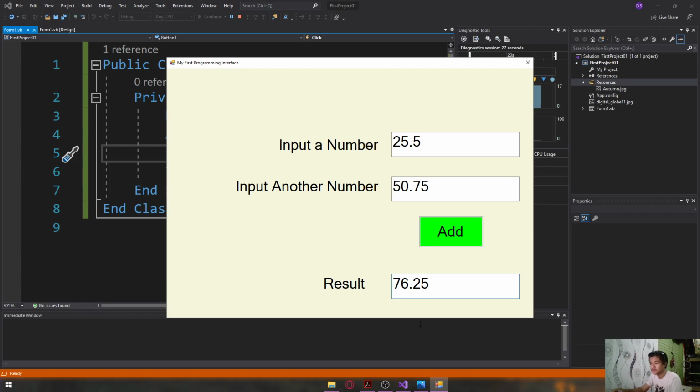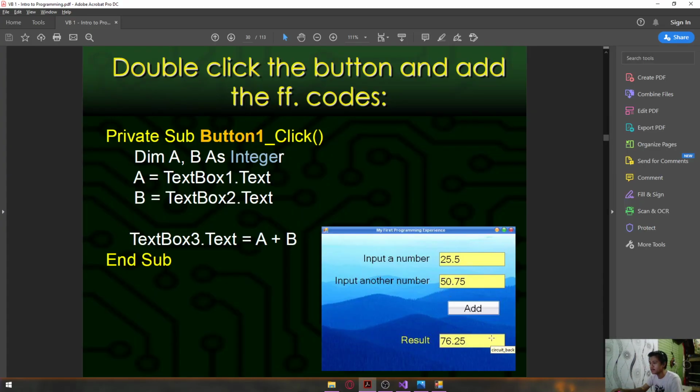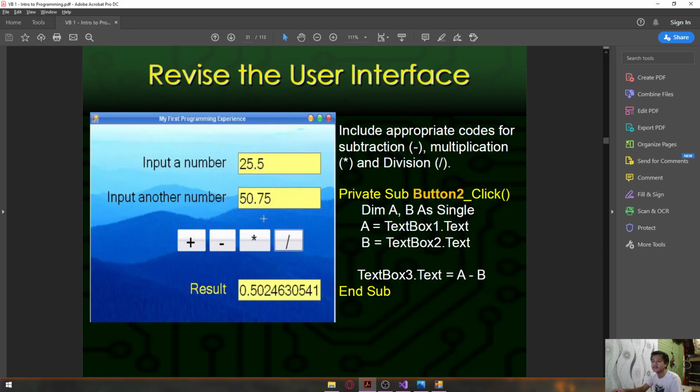decimal value. Okay, so I am really sorry for this one. I think Sir Dion changed this one into single instead of integer, because if it's in integer, it should display here 77, not 76.25. Okay. Alright, so next one is revise the user interface